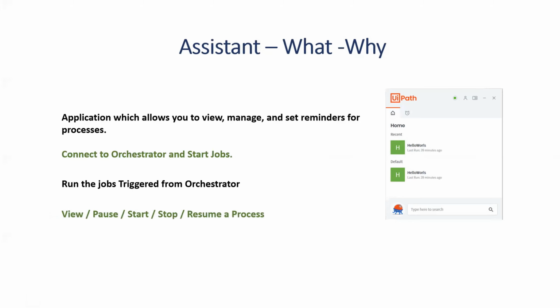Then whenever a job is running, right, you don't always want the job to run. Sometimes you would have to view, pause, start, stop, or resume a process. How would you do that? So I have triggered a process from orchestrator and I see that, okay, this automation is going wrong, or I want to stop the process. How would you do that? One thing, I can go to the orchestrator. The easy way, I can go here and I can stop, resume the process from here also. So I can start a process from here also. So that is what we are going to see.